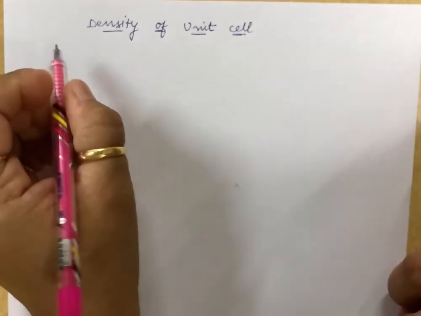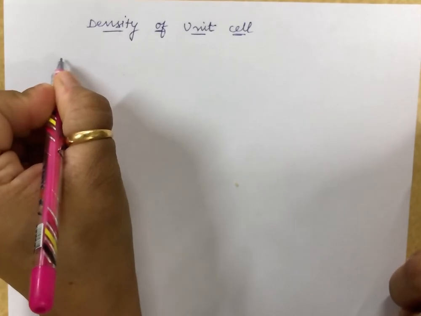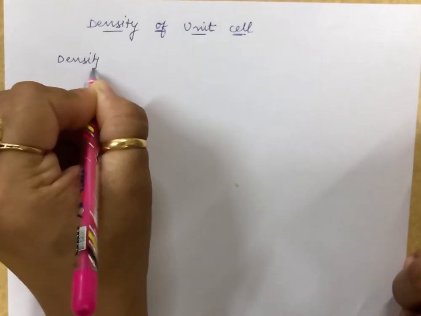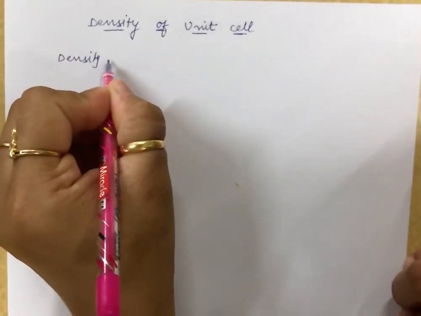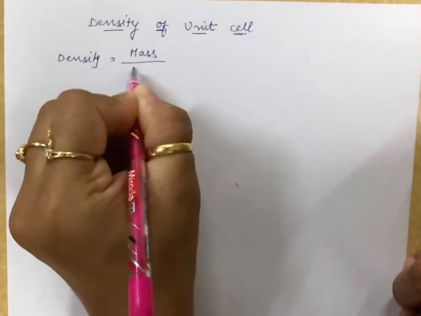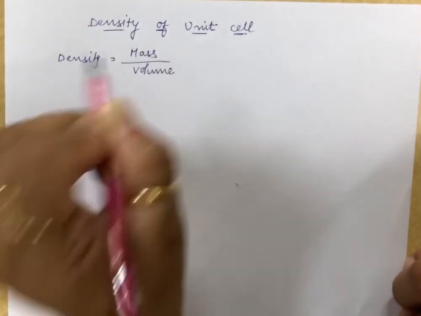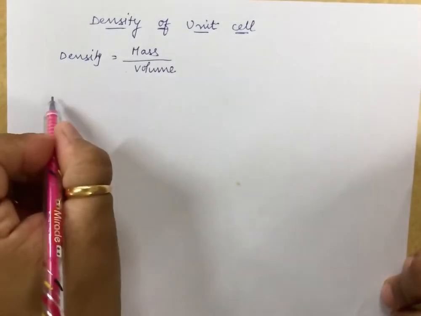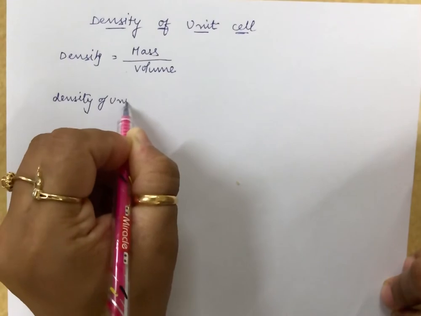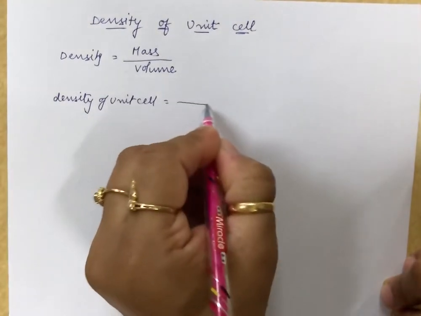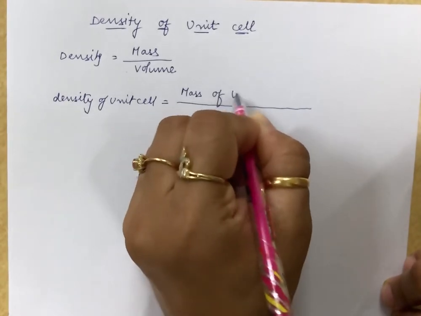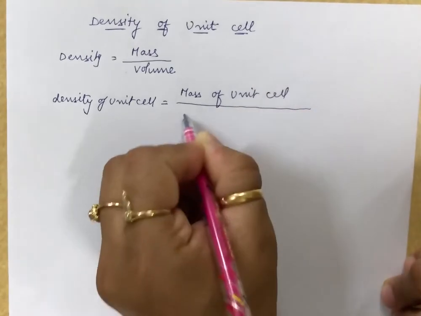So, students, we are all aware of the formula of density. Let us write that the density here for the unit cell would be nothing but mass by volume. This formula we are very well aware of. For a unit cell also it would be like this only. Density of unit cell is nothing but mass of unit cell divided by